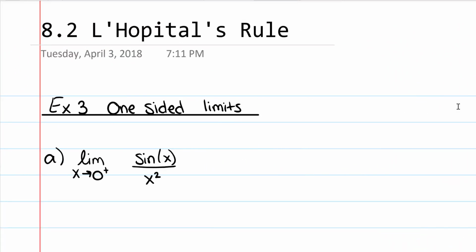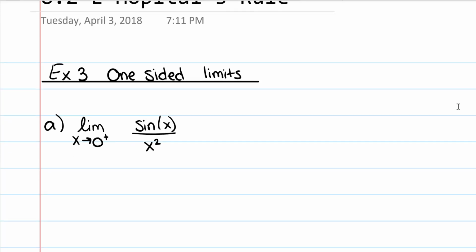Example 3. One-sided limits. So recall from when we studied limits in Chapter 2 that one-sided limits can actually approach infinity, because one-sided limits describe a behavior of a function and not an actual limit that the graph approaches. So one-sided limits tell us more of a behavior, where if I was just looking for the actual limit, you could never get infinity. So with that said, let's look at the limit as x approaches 0 from the right